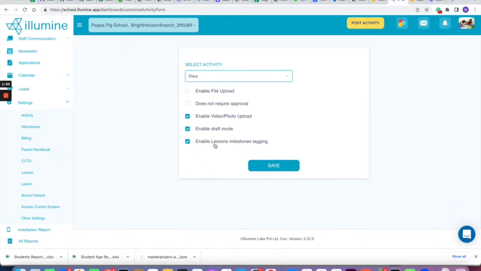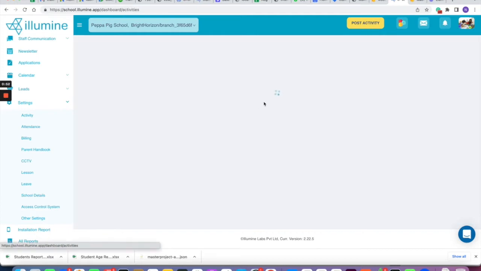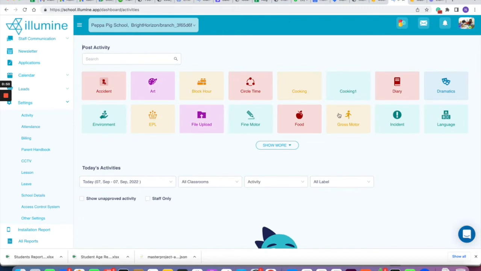We also have a feature of tagging the lessons and the milestones that have been done today while doing the activity. By enabling that, you get those options. So for example, for diary, I have enabled these options. Now when I go to diary activity,